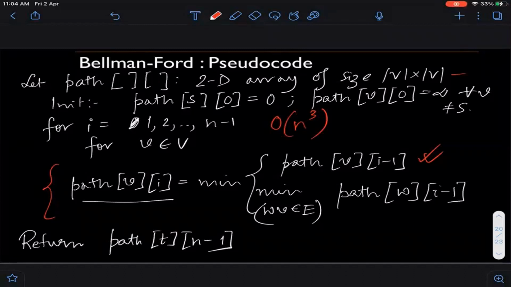Okay, now in case your graph is dense, what do I mean by a dense graph? By dense graph I mean a graph which has roughly n square or order n square number of edges. In that case this bound is actually tight. But it turns out that I can do a somewhat better analysis in terms of the number of edges and the number of vertices of the graph.